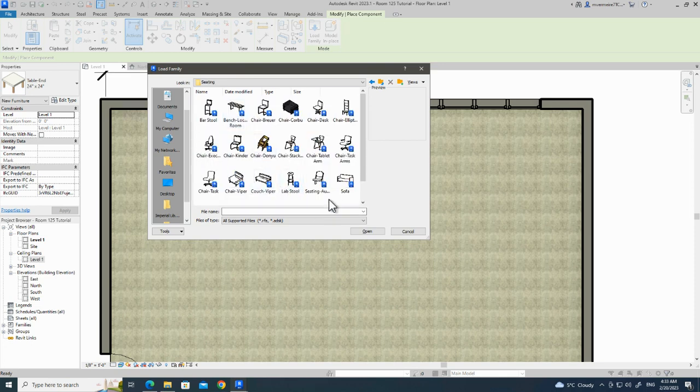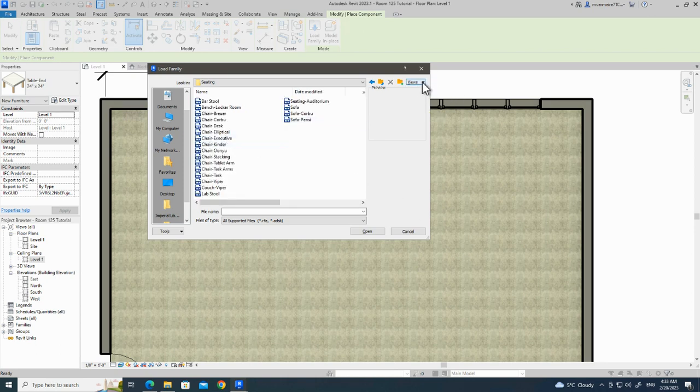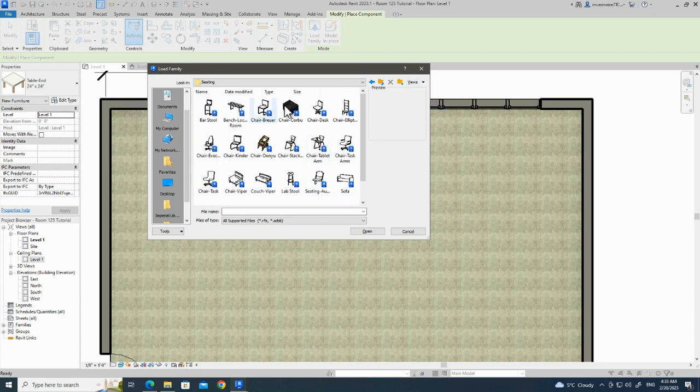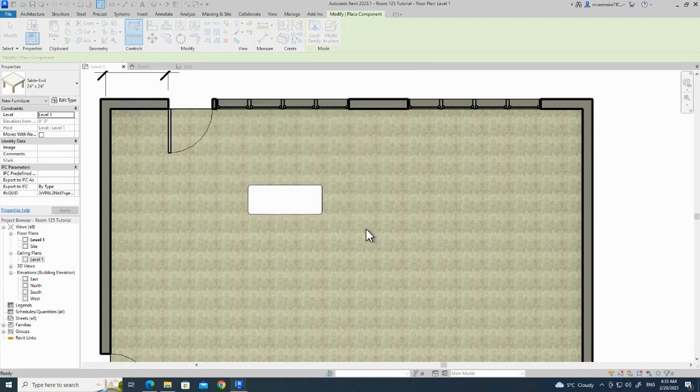Seating. And if you look at our chair options, it might not be able to view this way. So if you hit Views here and select Thumbnails, that's what I have on there. You might have something like this, but if you select Thumbnails, you can see all the different options. I'm going to select Stack Chair to import,